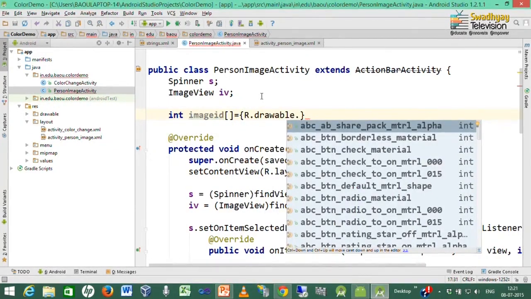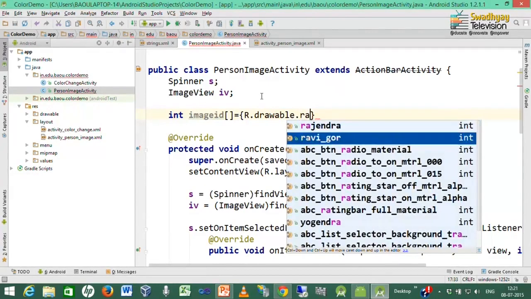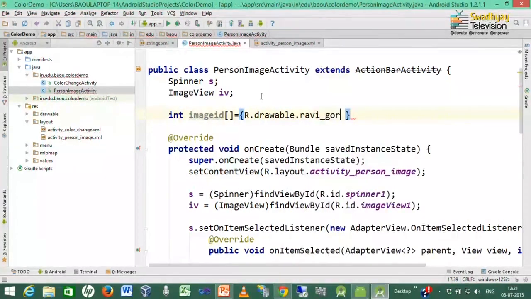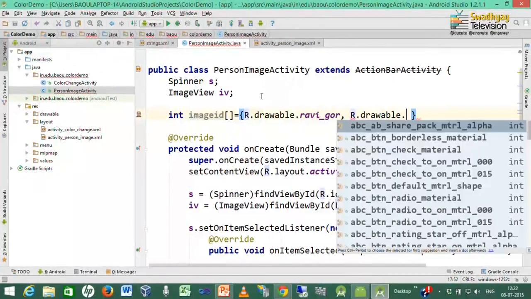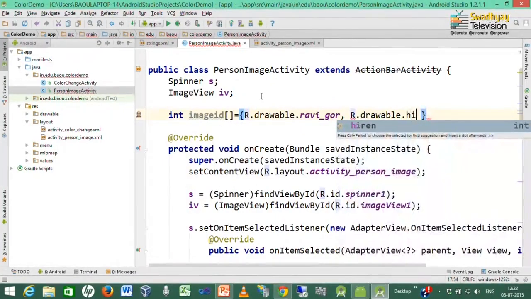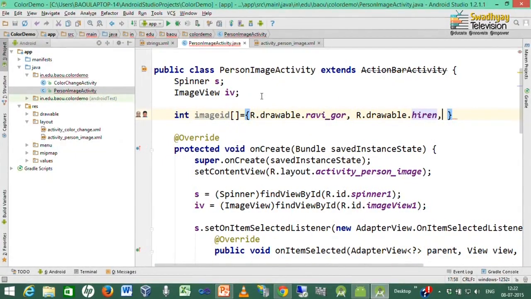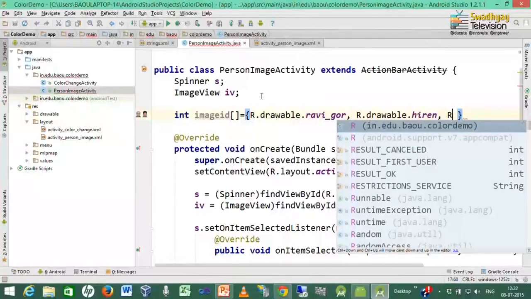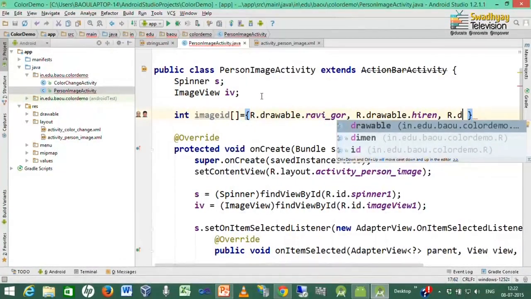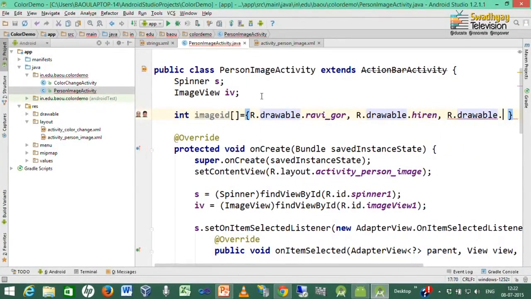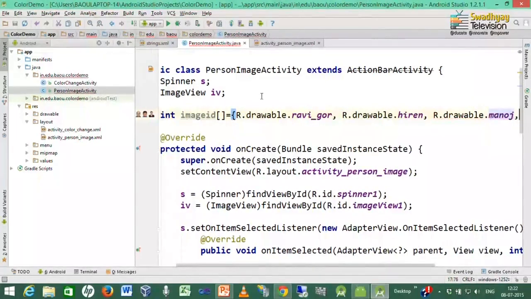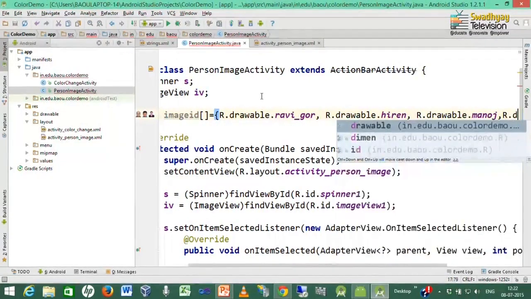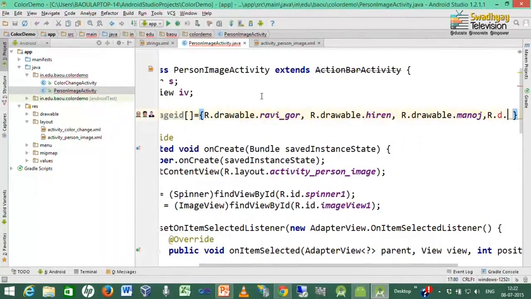Now, the first name is Ravi Gaur. So, I select Ravi Gaur. Then the next name is Hiren Joshi. So, I take the second image reference. Then accordingly we take all other IDs in the same order as the person names.